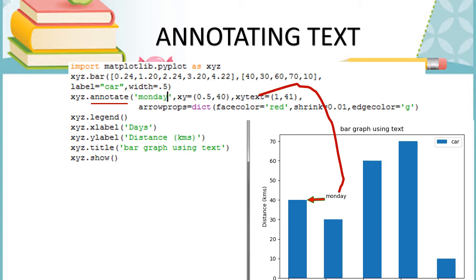And next, arrow properties, where we want the arrow displayed, we can set. So the arrowprops we have to give as a dictionary, dict, with facecolor. So the fill color of the arrow is red and shrink, the size, is 0.01, and edgecolor means the border of the arrow is green. And legend we can also use, even for a single bar.